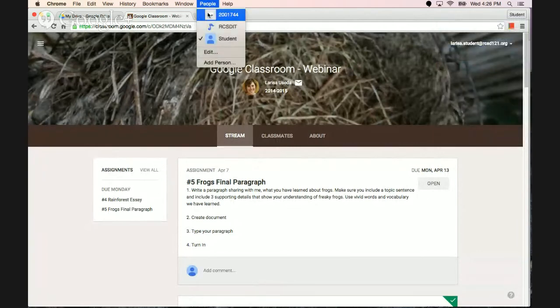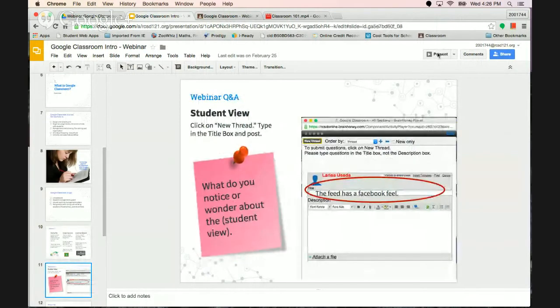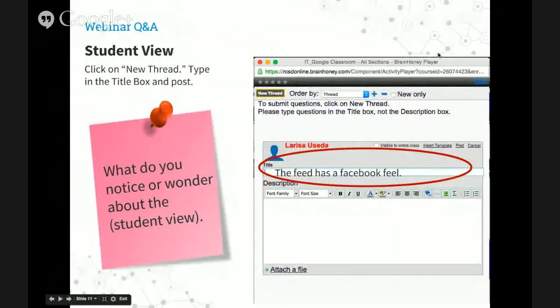We'll come back to it, but if you could please type something you notice or wonder about the student view in the Q&A, please. And I will work on my wait time and give you time to do that. Rosie, I'll let you give me the okay when we have some posts.